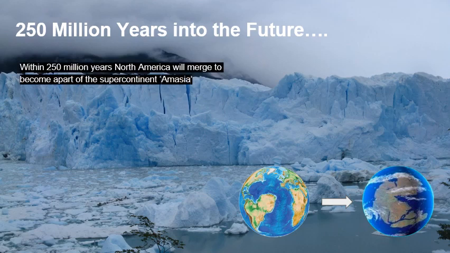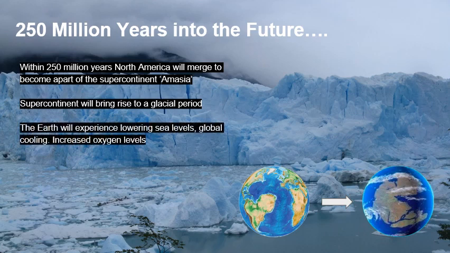However, one popular theory suggests within 250 million years, the continents will have rearranged into Pangaea 2.0, a new supercontinent, Amasia, in which North America will merge with Australia, Eurasia, and Africa within the Northern Hemisphere. In terms of climate, while increasing rates of carbon emissions do suggest global warming, mass extinctions and acidic oceans, the formation of a supercontinent would more likely see a glacial period.